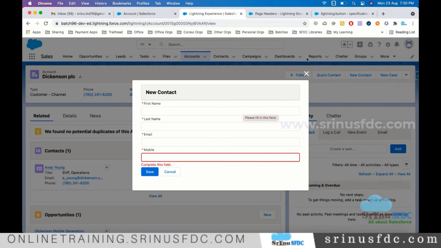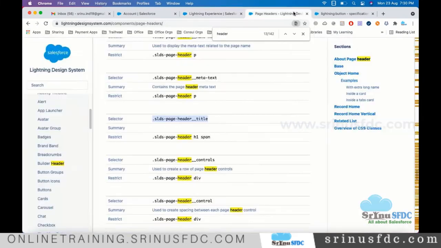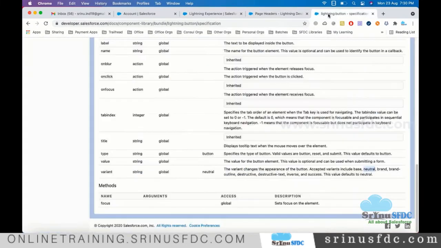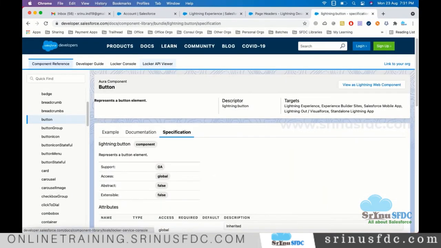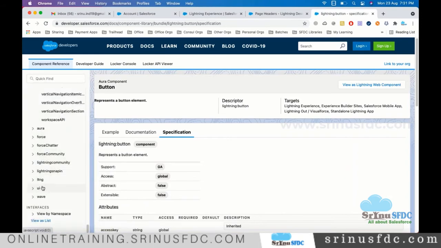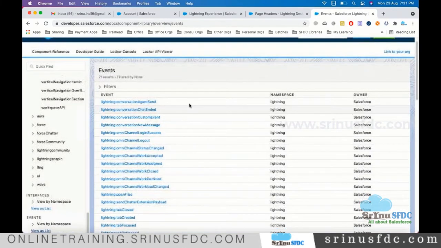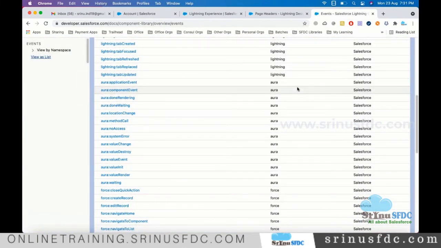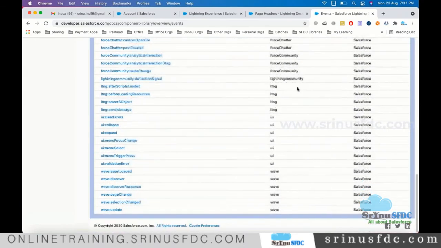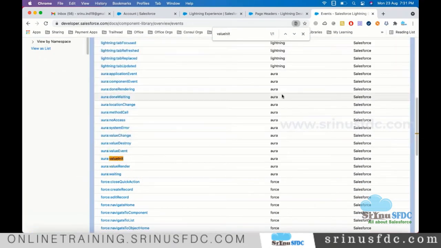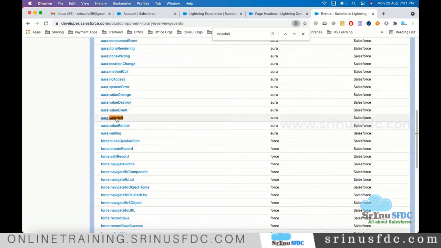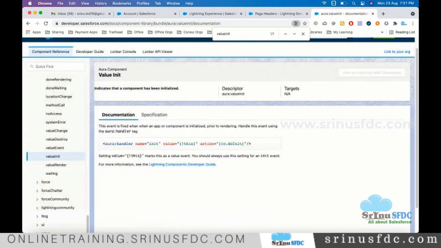So there are many standard events from Salesforce. To see that, go to component library. On the left side, you will see there are many events. If you click on all, these are the standard events. One of the most frequent standard events we use is value init. While calling we say value init, but while referring, how do we refer?